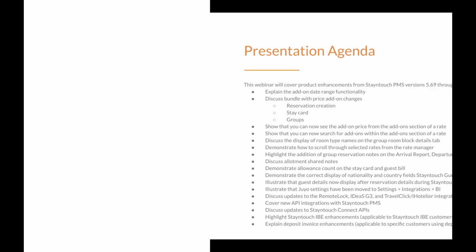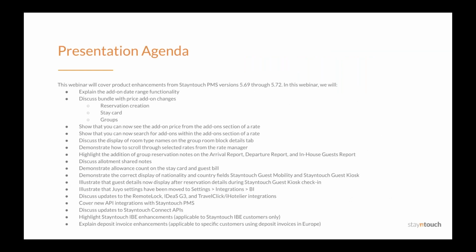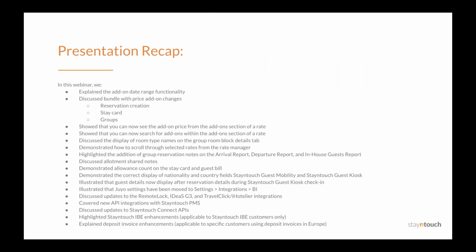All right, so in this webinar, we explained the add-on date range functionality, discussed bundle with price add-on changes for reservation creation, stay cards, and groups, showed that you can now see the add-on price from the add-on section of a rate, showed that you can now search for add-ons within the add-on section of a rate, discussed the display of room type names on the group room block details tab, demonstrated how to scroll through selected rates from the rate manager, highlighted the addition of group reservation notes on the arrival report, departure report, and in-house guest report, discussed allotment shared notes, demonstrated allowance count on the stay card and guest bill,